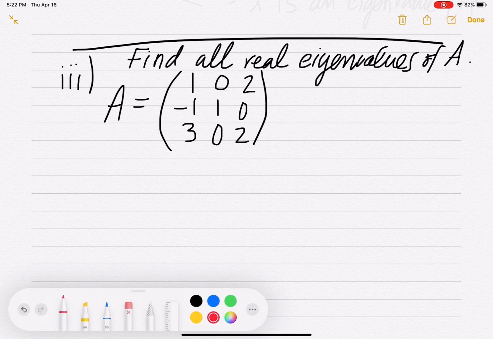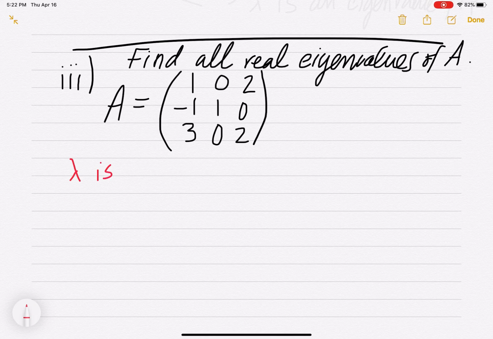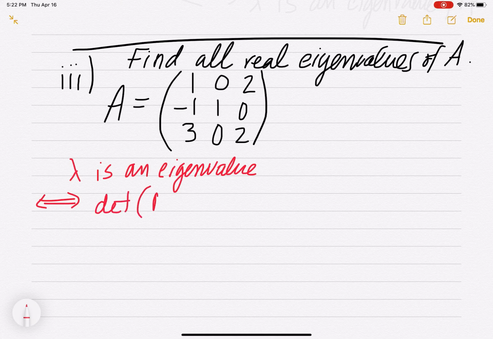So lambda is an eigenvalue precisely when the determinant of A minus lambda I equals 0. I'll say I3, but you can just say I. A lot of people just say I. They drop the 3. It's understood to be 3 by 3. All right, so that's going to be the determinant of